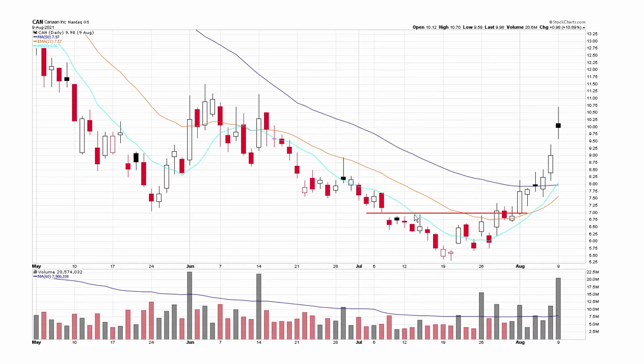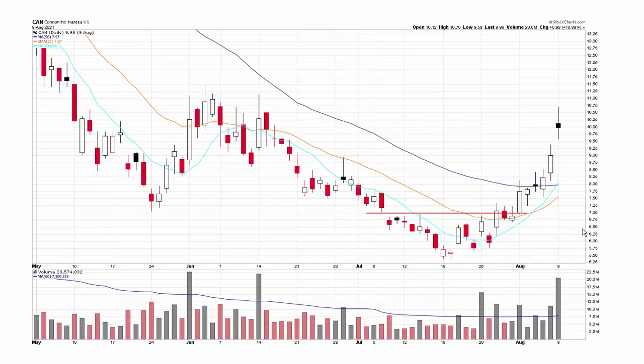So we have a bottoming pattern here. We got resistance at 7. It pops off a bottom here on strong volume, but then it gives it back. It pops off a bottom again on strong volume, gives it back, and then it pops off the bottom there on strong volume. And this time it closed above the last couple weeks of price action. It hesitated for 3 days there, and then it took off and did very well.